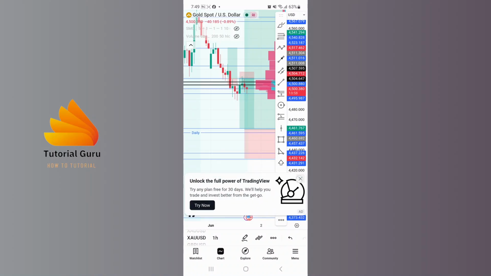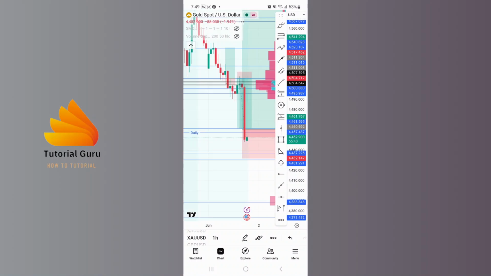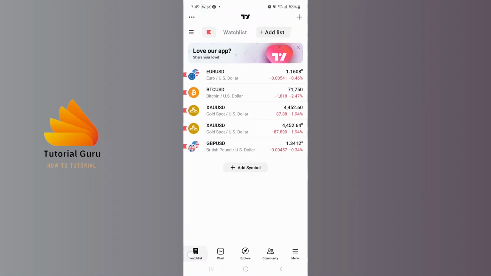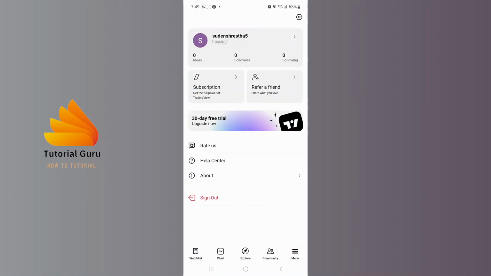And after logging into your TradingView account on your app, guys, on this interface, first you'll land on the watchlist on your TradingView app, and over here at the bottom right corner of the screen you can see the menu button with the three line icons. Tap on the three line icons at the bottom right corner of the screen and you'll land over here where